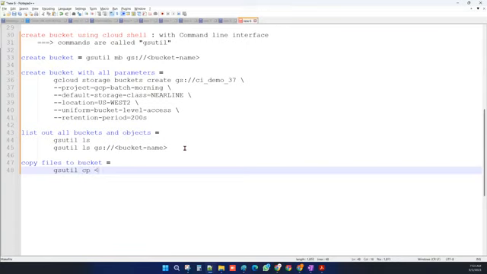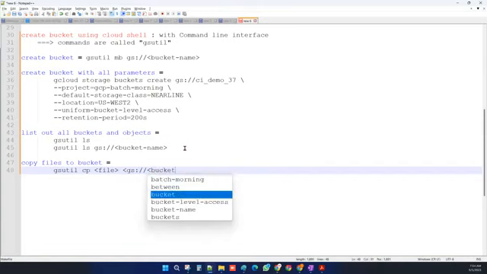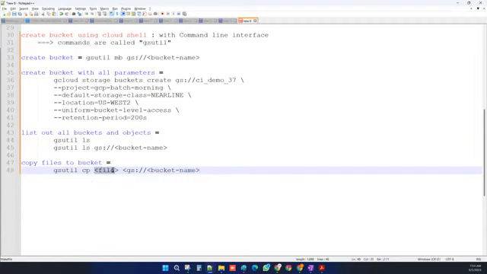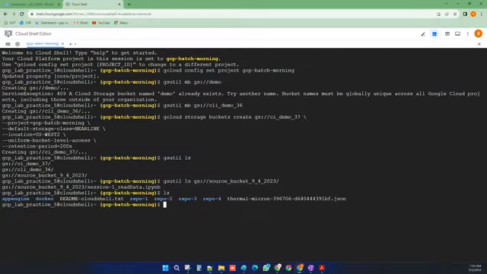So whatever the file name, choose the file and choose the bucket where you wanted to move it. Okay, so this file you wanted to move to this particular bucket. Okay, you can do that. gsutil cp. This file you wanted to move from this Cloud Shell to this one. Okay, so let us try to see it. For example,